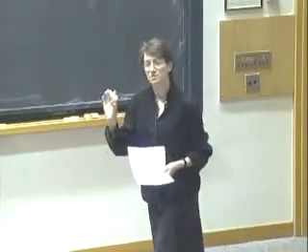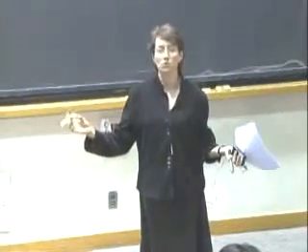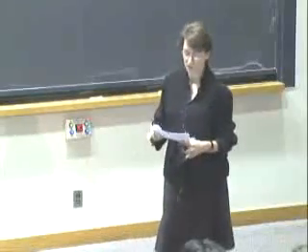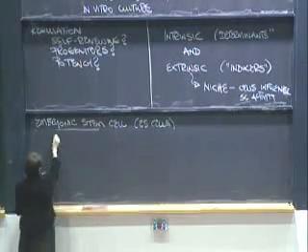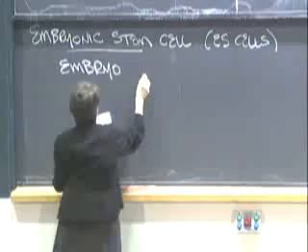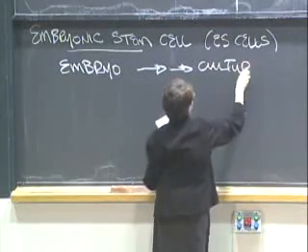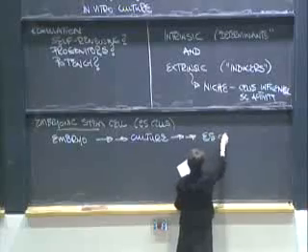So the push has been to try to find a source of stem cells that would be more plentiful and more useful for repairing lots of different organs. And that's where the embryo comes in, this particular kind of stem cell called an embryonic stem cell. And the idea is if one takes an embryo, or part of it, puts it into culture, after many steps, you get out cells that are called ES cells.